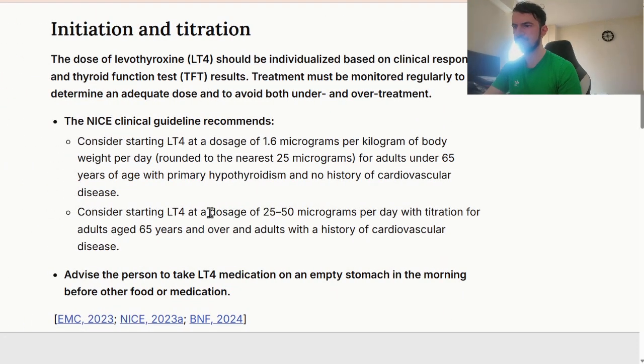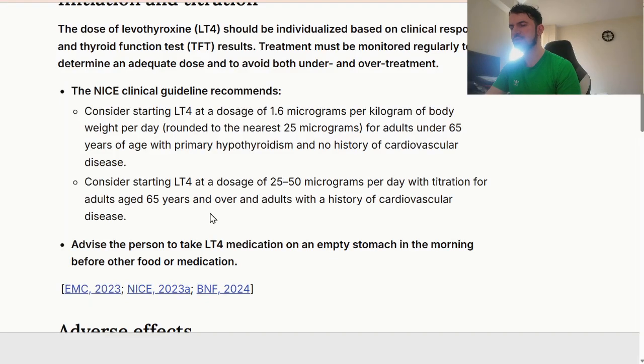So as students, you need to know the definition of hyperthyroidism and hypothyroidism, as well as monitoring for the thyroid medication, whether it's amiodarone, levothyroxine, the main ones, or carbimazole, which is used for hyperthyroidism, used for Graves' disease. These are very important